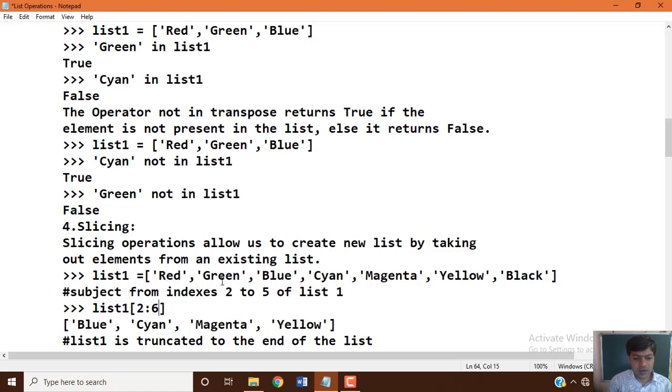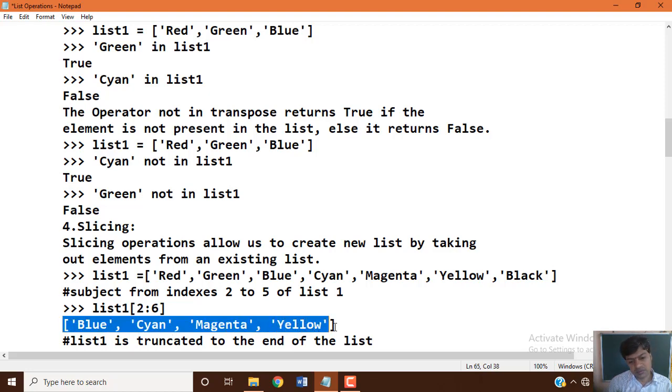At index 0 is red, index 1 is green and 2 is blue. When we specify the slice 2 to 6, it starts with index 2, blue, then 3 cyan, 4 magenta, and 5 yellow, and 6 will not be included because it goes up to 6 minus 1, which is 5. That's why the output is blue, cyan, magenta, yellow.